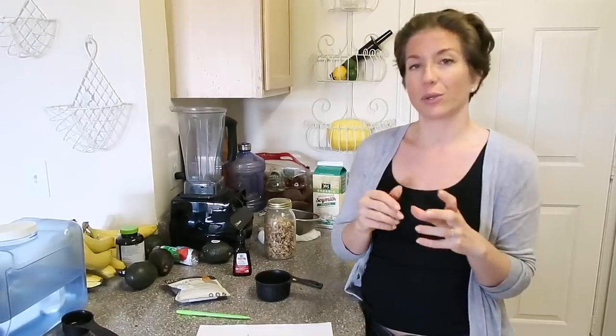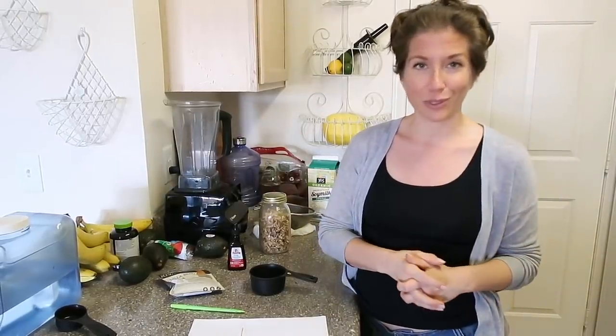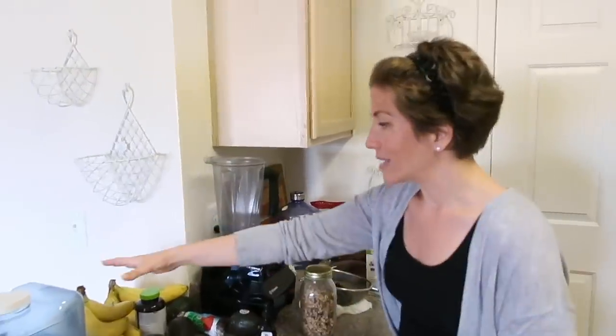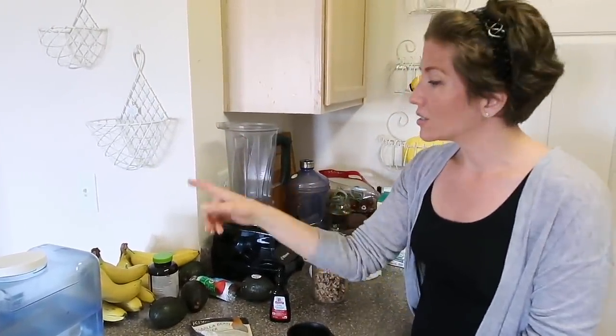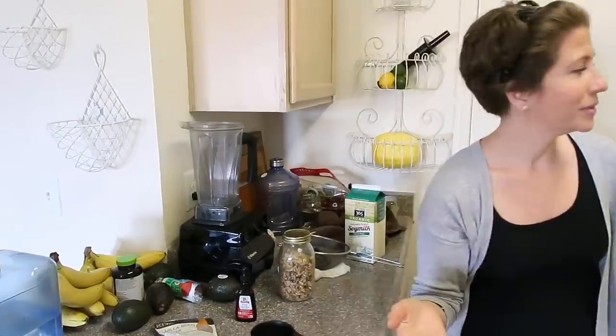It's kind of light too, so you don't feel super heavy afterwards, and you're still getting some really good nutrients, and you've gotten tons and tons of vegetables early in the day, so you have nothing to worry about. Now at my house, we always have some bananas on hand ripening. Always, constantly, because as soon as they get to starting to brown spots, getting browner, then we throw them in the freezer